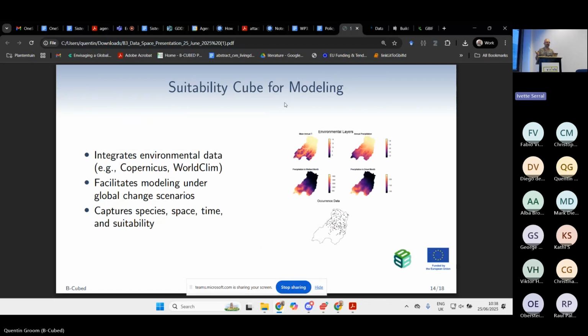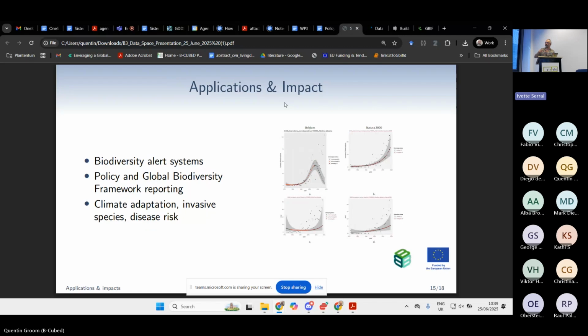This is just an example of where we're integrating data cubes with environmental data. And I'm meant to be hurrying up. And another example of where we look at indicating change with time. Extremely